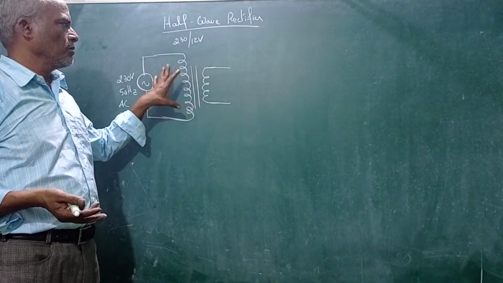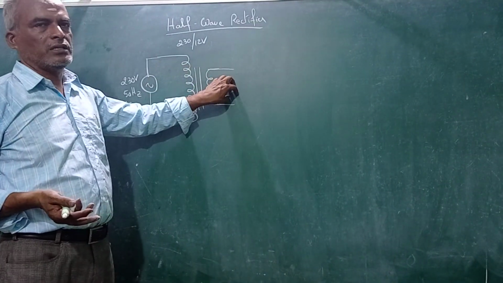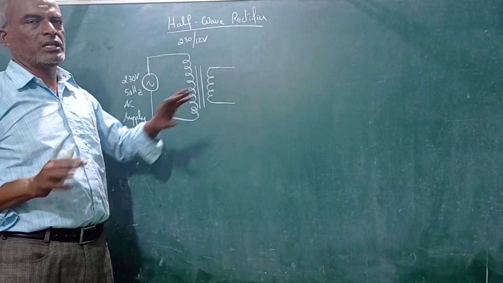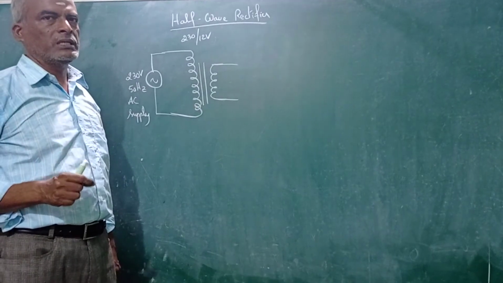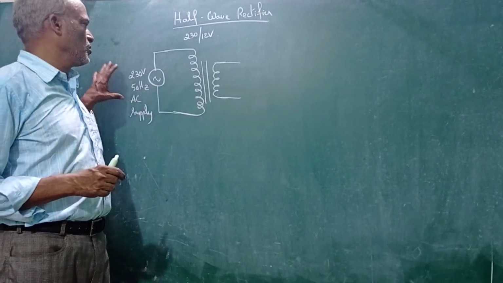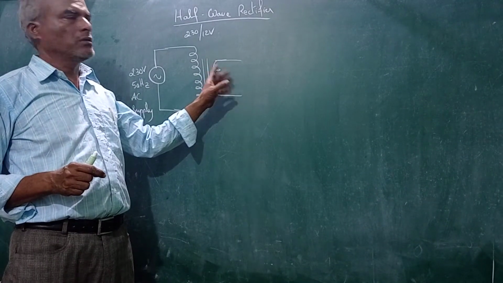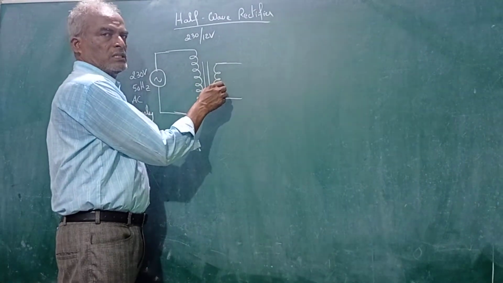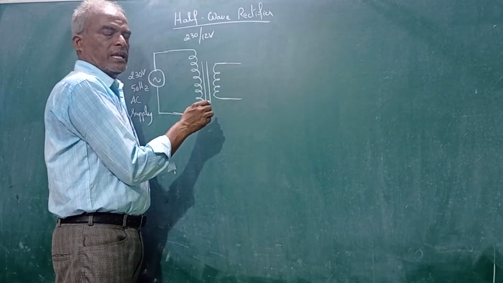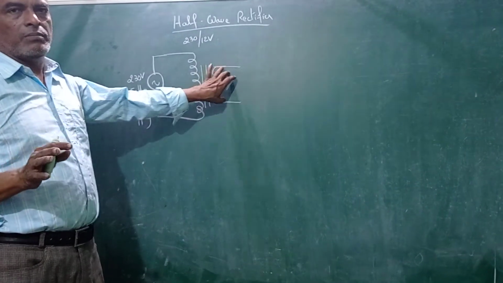That means the property of the transformer is that the voltage at the secondary is now very low, but it does not alter the frequency. That is one important property of the transformer. Whatever frequency you apply at the input, the same frequency you will get at the output. So here you will get a 12 volts 50 Hertz AC supply. Here you get only AC supply, not DC.